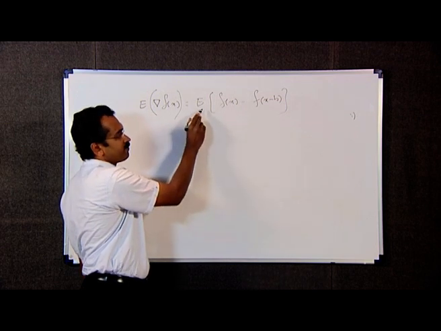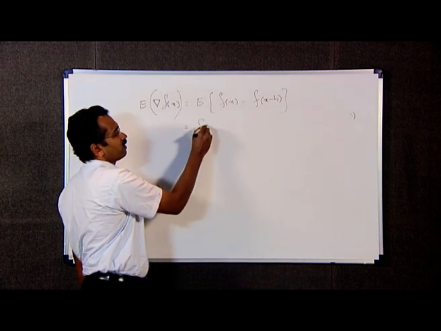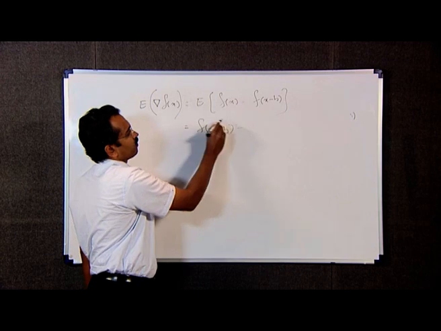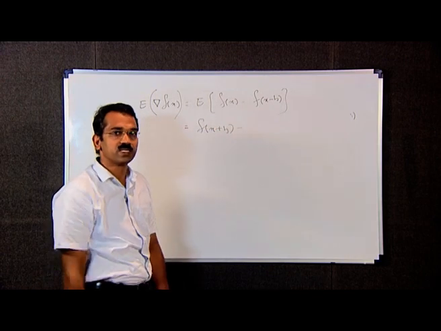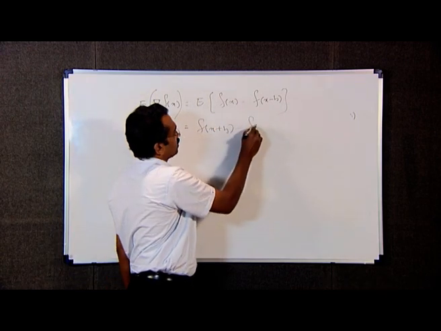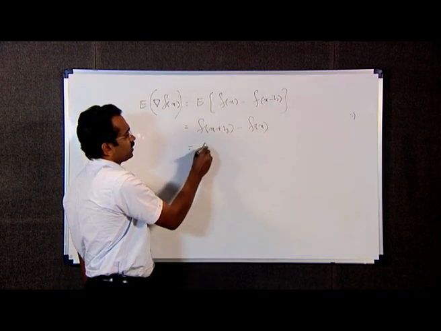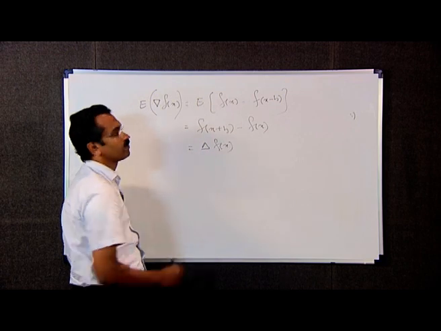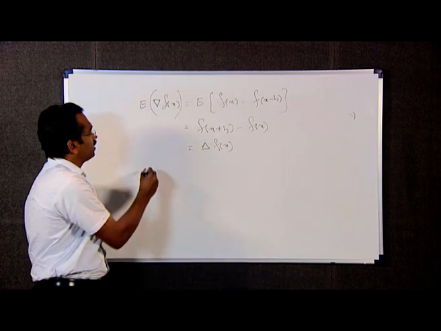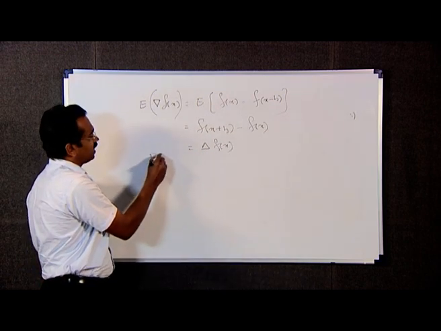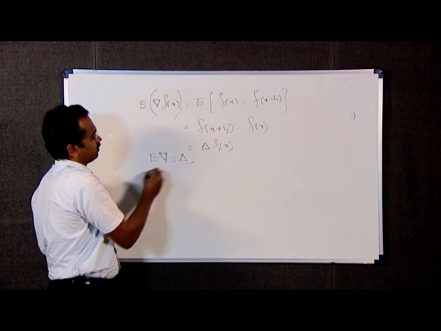By the definition of shift operator, E f of x is f of x plus h, minus E f of x minus h is f of x. This is equal to delta f of x. That is, the identity is E del is equal to delta,